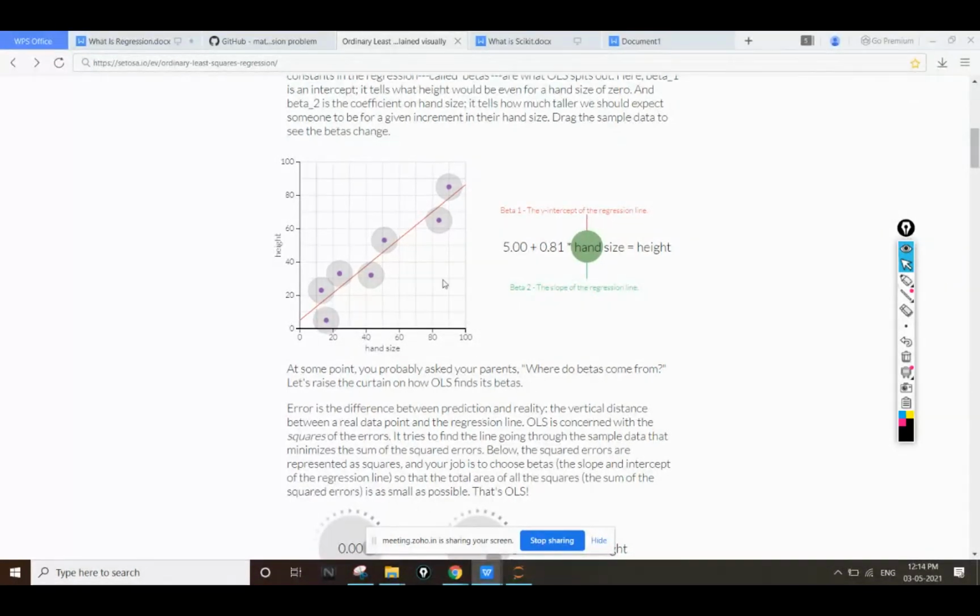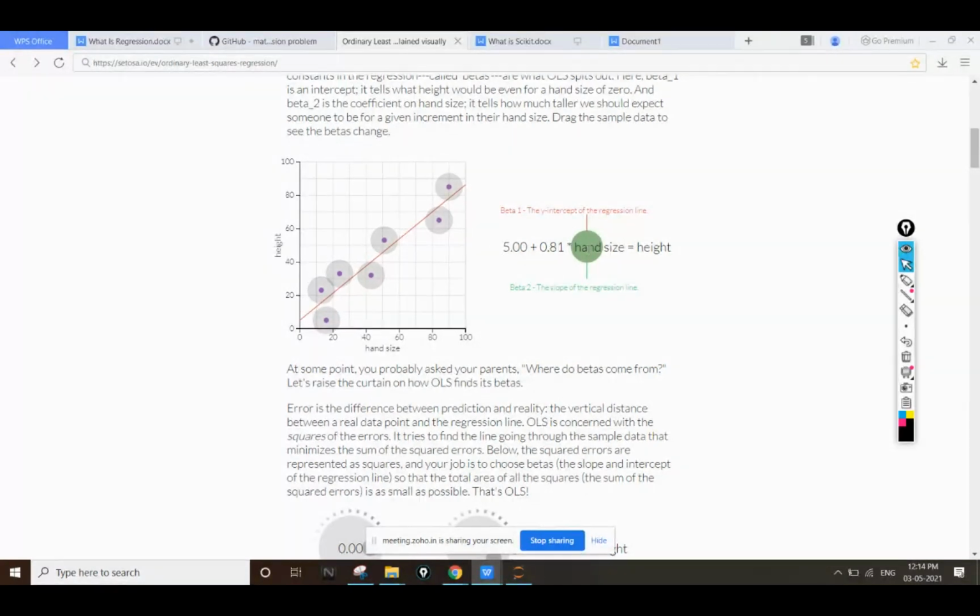So in real time, we are calculating the value of M and C for the different values of X. Okay. So what will be the best value of M and C for all the values of X?